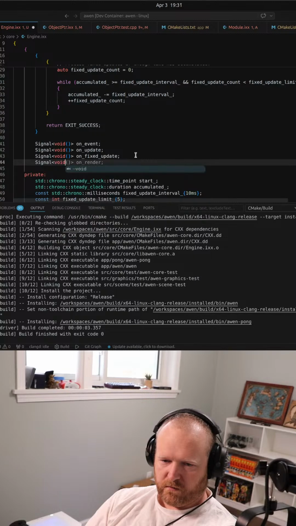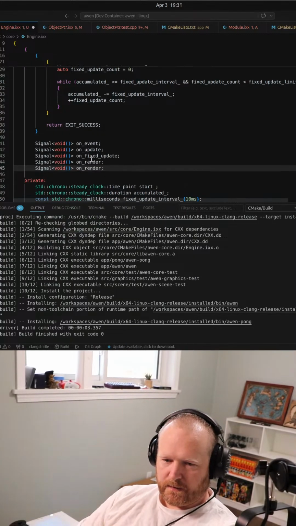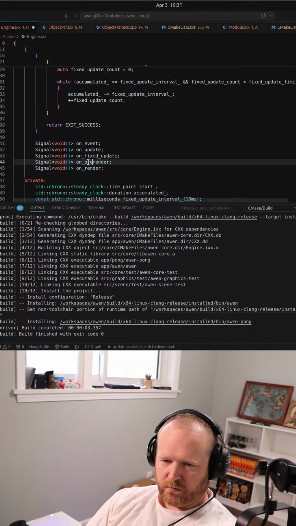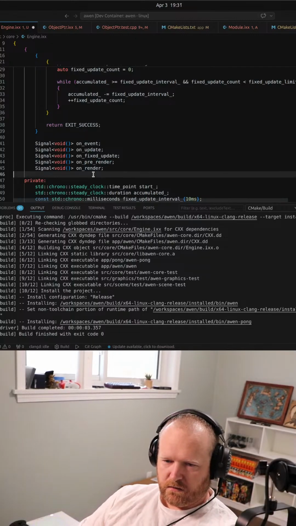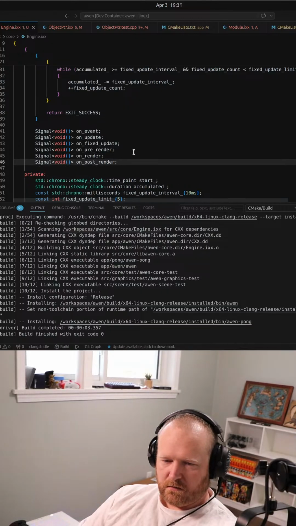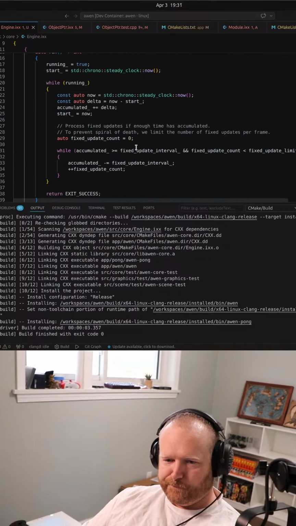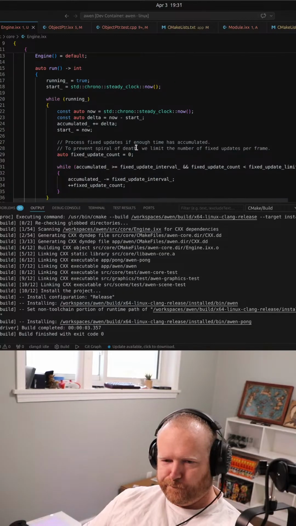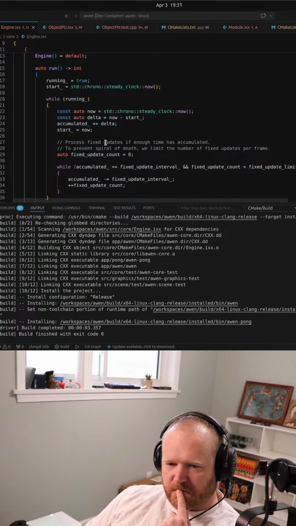Signal void on render. On pre-render. On post-render. So I could